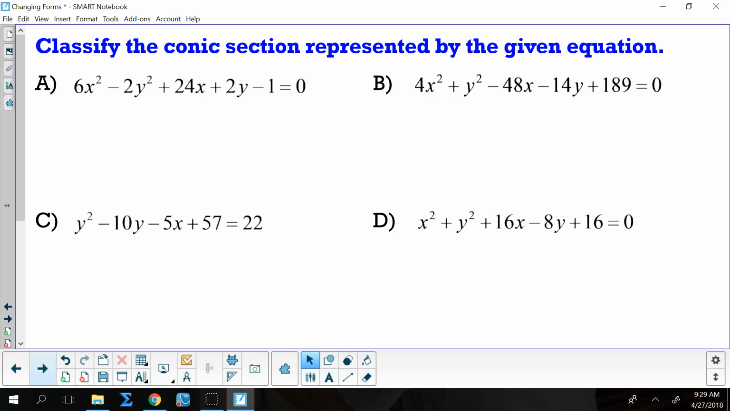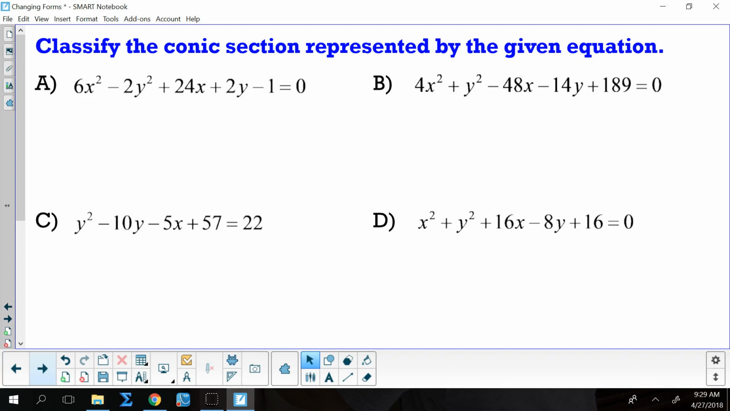Okay? So this would be a problem now that I would give you. I would say 6x squared minus 2y squared plus 24x plus 2y minus 1 equals 0. Okay? And I'm going to say classify it. Then I'm going to say put it in its standard form. Then I'm going to say graph it and identify all the key parts to it. Okay? So looking at letter A here,